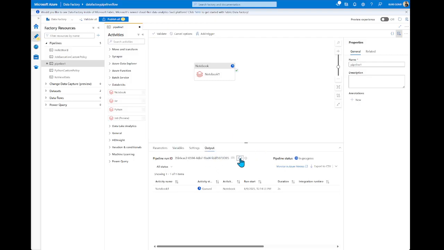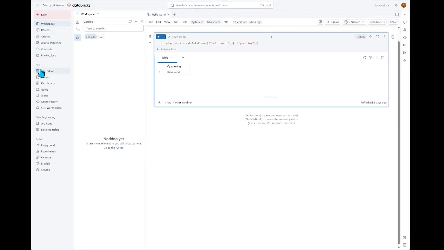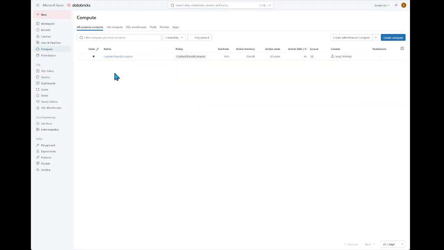Let me refresh. We can see the pipeline activity started, in progress. We can see the input, and we should see some details after running this script. And you might see some information about execution, I do believe.